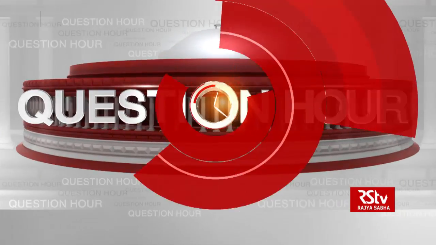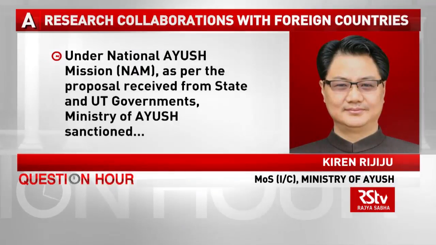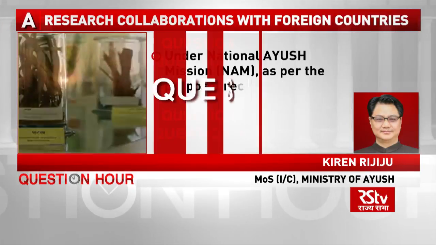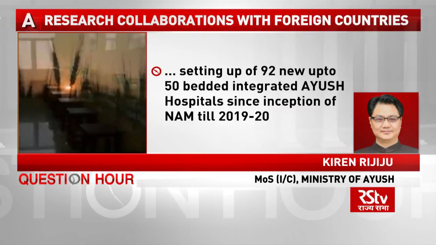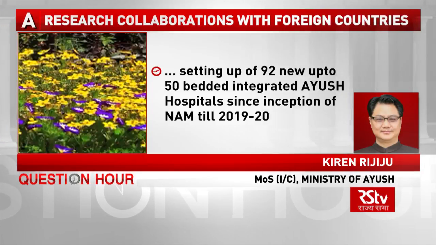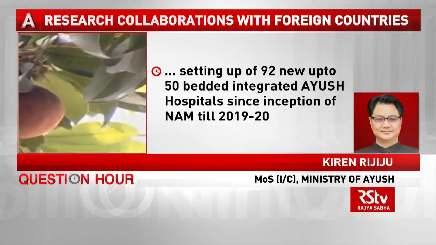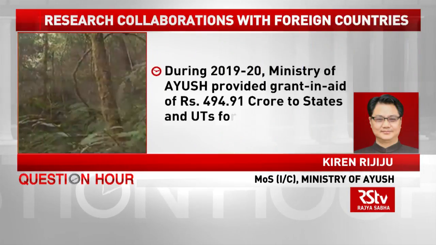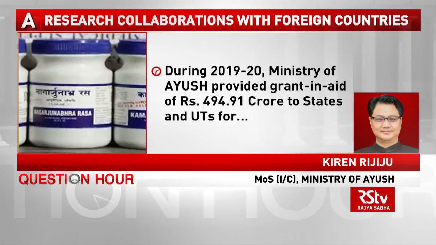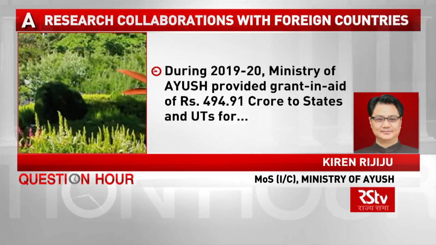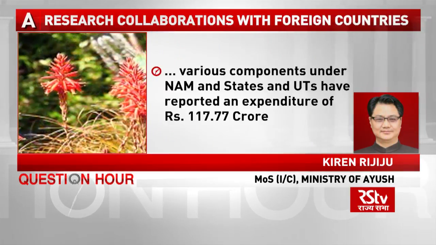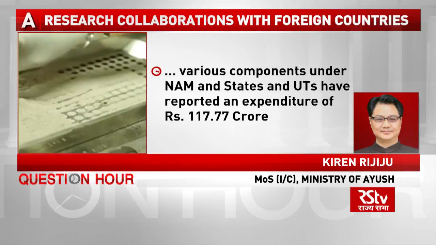However, under National Ayush Mission, as per the proposal received from states and UTs, Ministry of Ayush sanctioned setting up of 92 new up to 50 bedded integrated Ayush hospitals since inception of NAM till 2019-20. During 2019-20, Ministry of Ayush provided grant-in-aid of rupees 494.91 crore to states and union territories for various components under NAM, and states and union territories have reported an expenditure of rupees